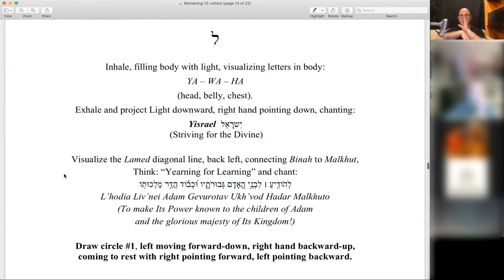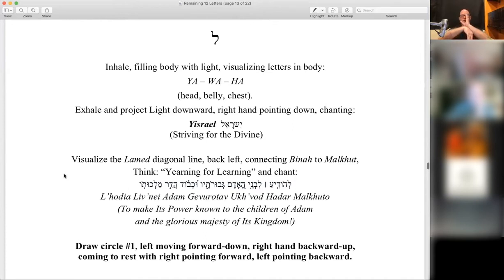Yisrael. Seeing the diagonal Lamed line connecting Bina behind you, left shoulder level down to Malchut below you. Yearning for learning, the beginner's mind. Opening yourself to learn from every situation, always in this moment. Lehodia. Lehodia livnei adam gevorotav uchavod adar